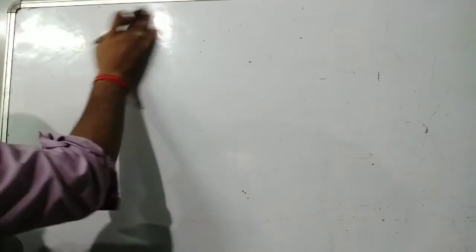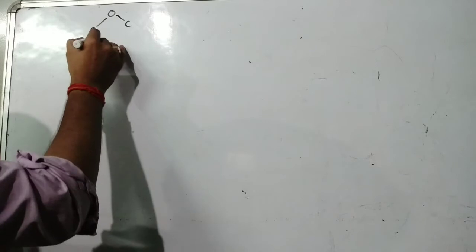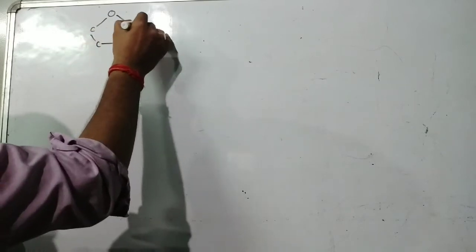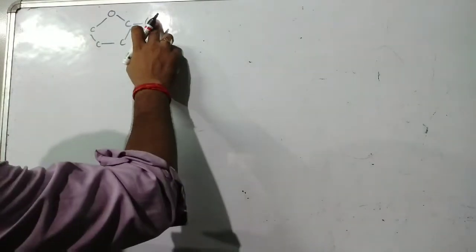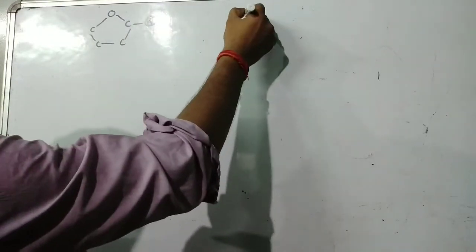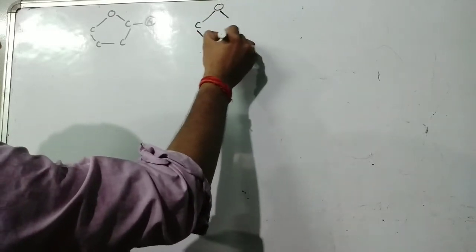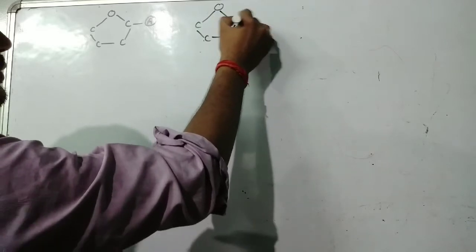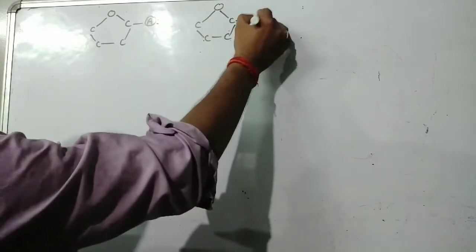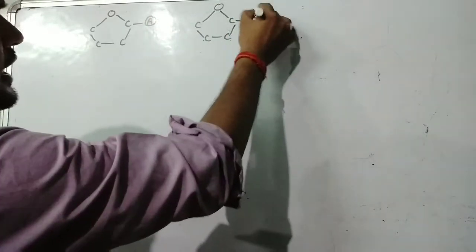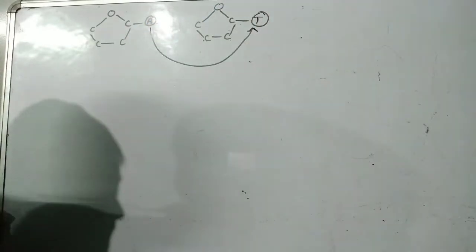Let us see. It is important for you, try to understand the structure. First draw the first deoxyribose and you attach it with a nitrogenous base. So to attach this nitrogenous base with the other, the other you are going to draw, it will be like this one. And its nitrogenous base will be this side. So A is going to combine with T. So T is this side. Do you think A is going to combine with T directly? Or it is going to be like this one?